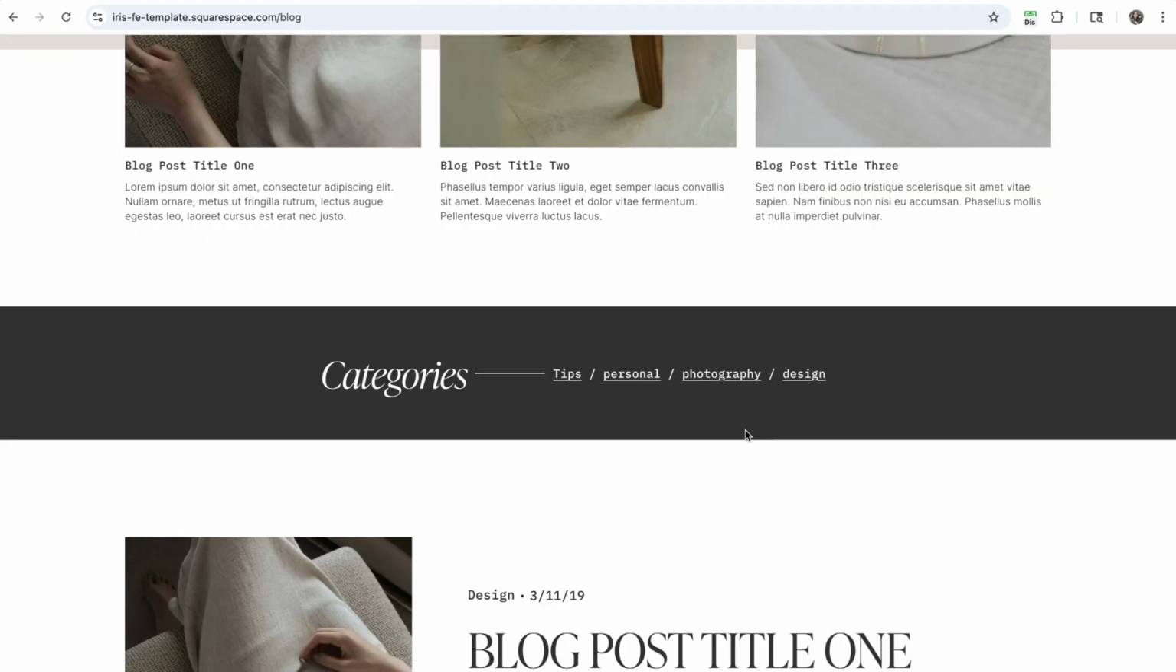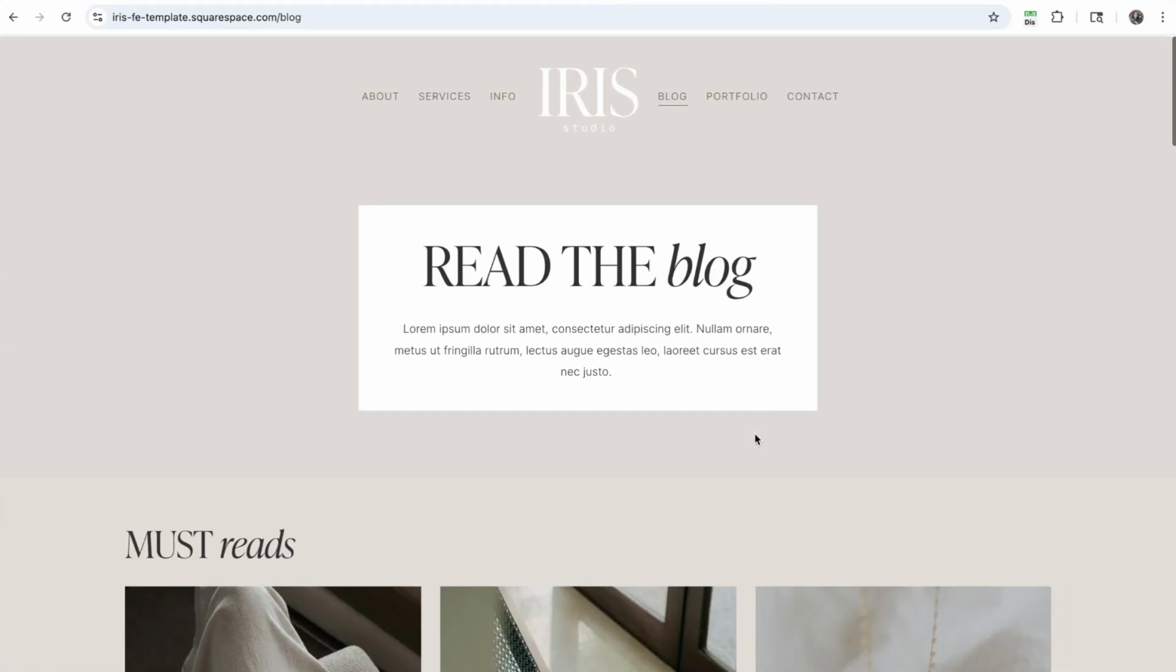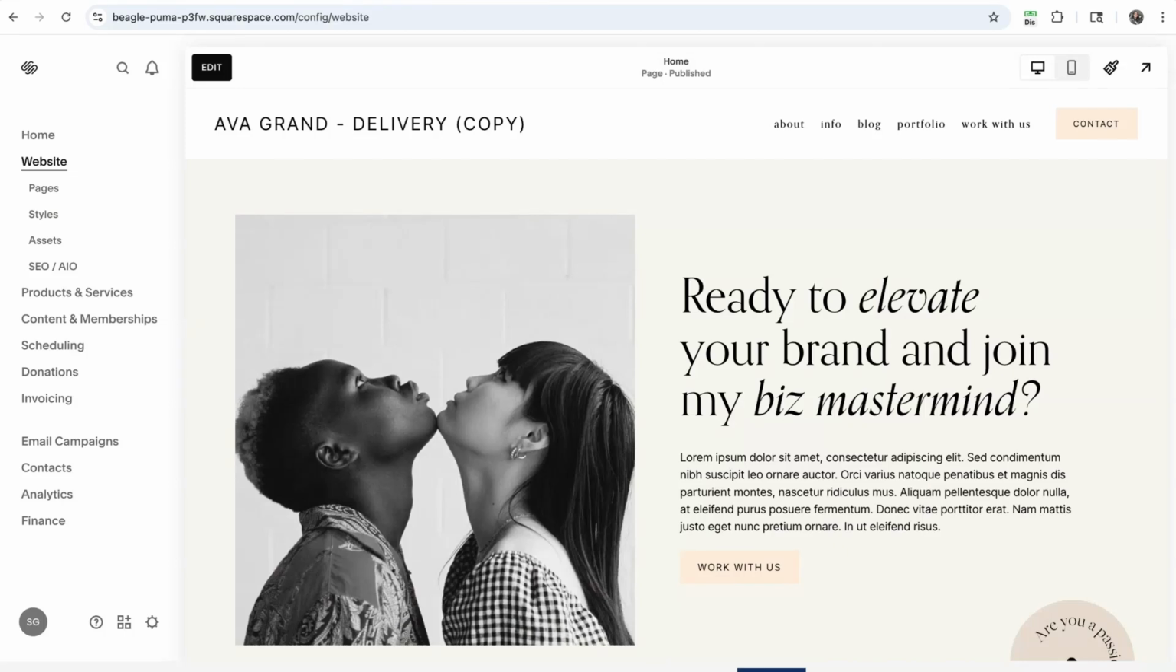Categories are really helpful if you have a super large blog with lots of different topics. And it's just a really nice and easy way to allow your readers to access the content that they're most interested in. So, first and foremost, let's go ahead and talk about how you can actually add categories to your